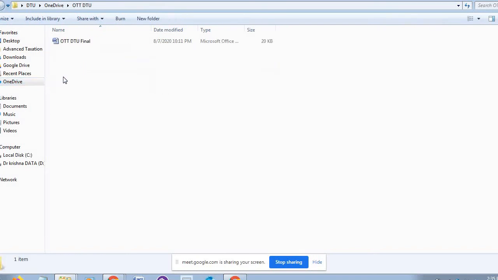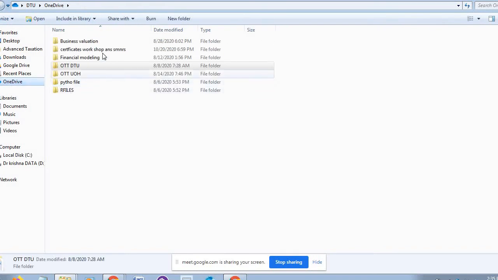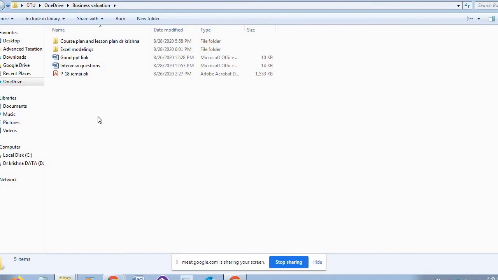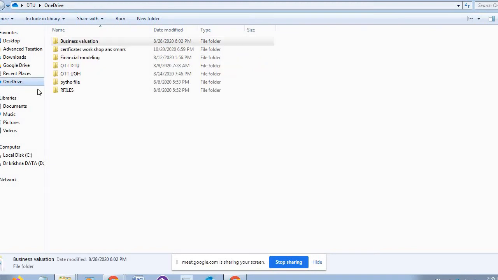And this is another folder, business valuation materials, because my Google Drive almost doesn't have enough memory. That's why I downloaded OneDrive.